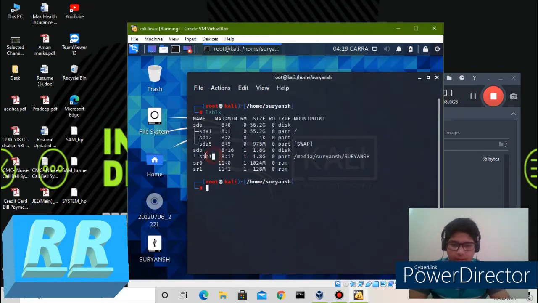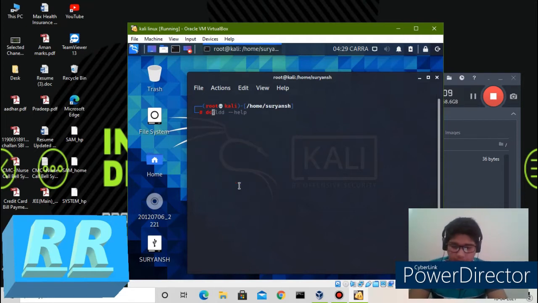Here we can see the device location and name of the device, sdb1. So now we will run the command with if equals /dev/sdb1 and then the output file, which is media and disk.dd.